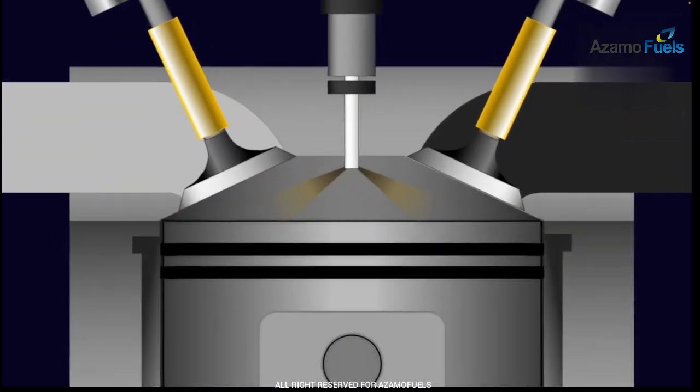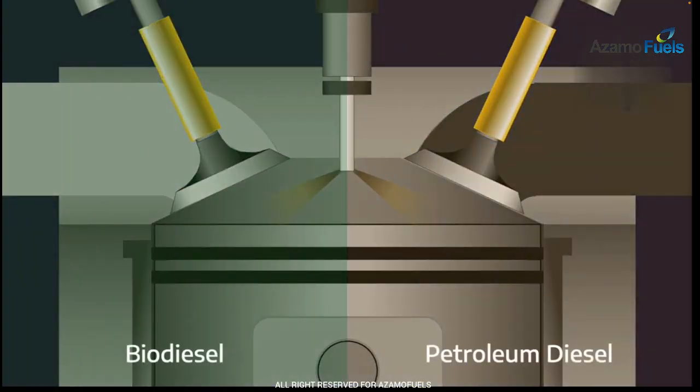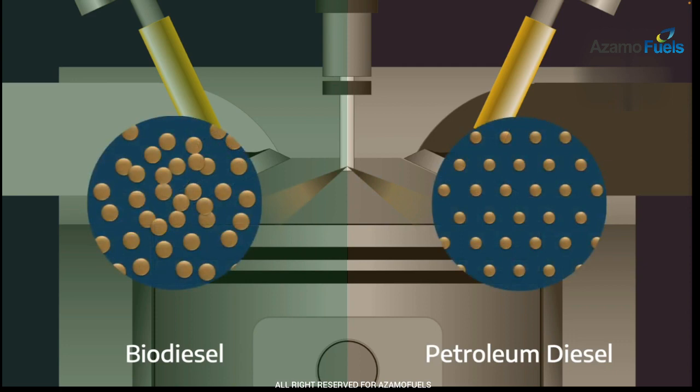One of the other interesting impacts is that biodiesel doesn't volatilize the way that petroleum diesel does. So of course, with diesel, typically it's direct injection. So we're spraying effectively a fuel mist into the combustion chamber, and the whole point of the injector is it's trying to atomize the fuel. Well, if you compare what biodiesel looks like versus petroleum diesel, it tends to clump up a little bit more. It's not as evenly distributed.